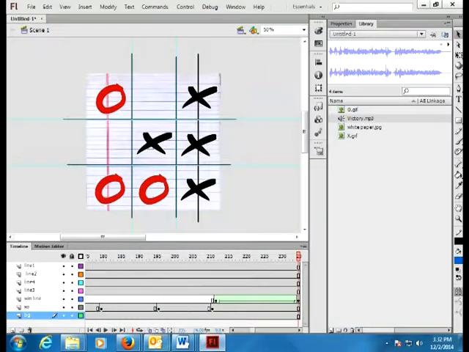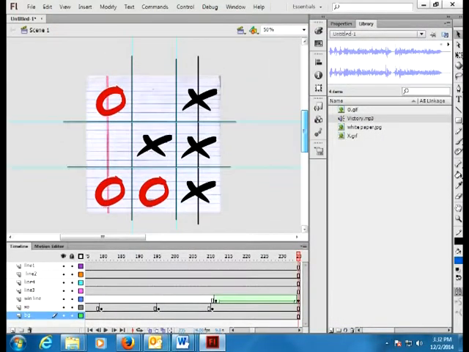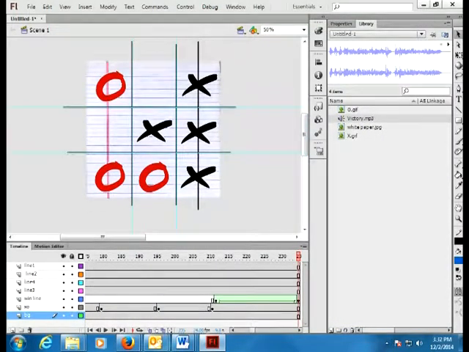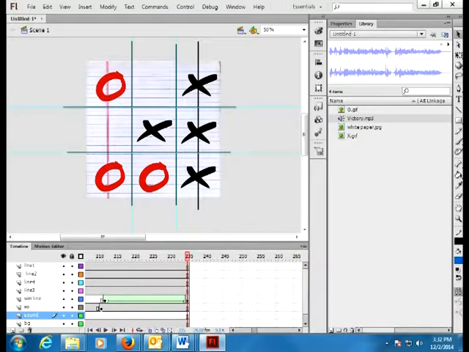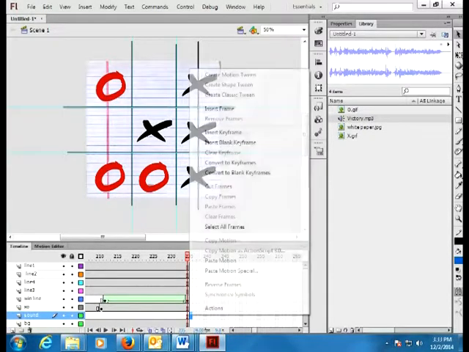Okay, the last thing you want to do is add a sound, to show that you're winning. Okay, this is the victory sound right here. So I'm going to do a new layer, sound, and I'm going to go to the end of my time so far. Everything should be lined up nice too. And I'm going to do a new keyframe,